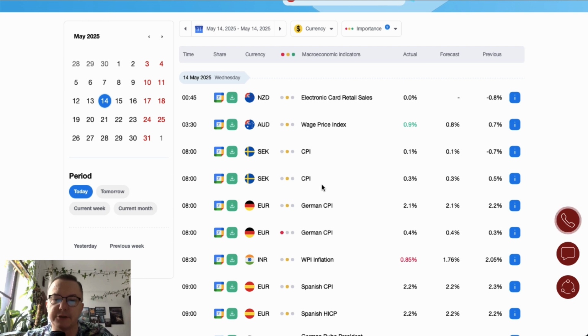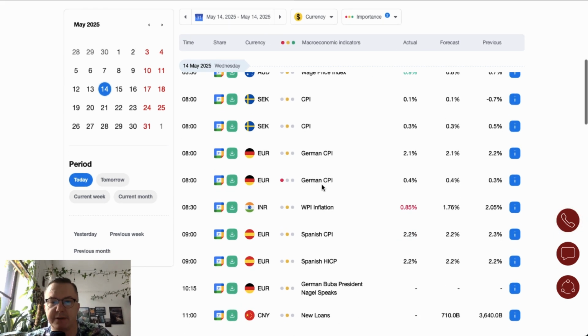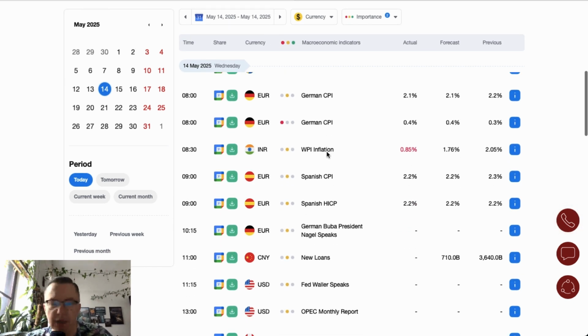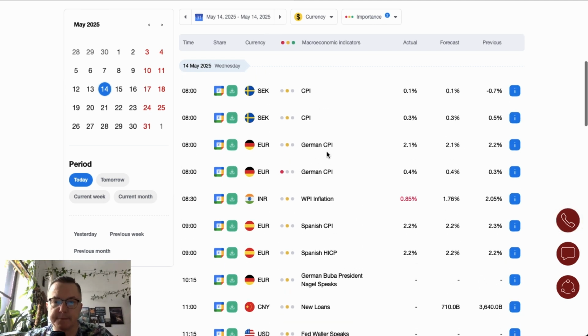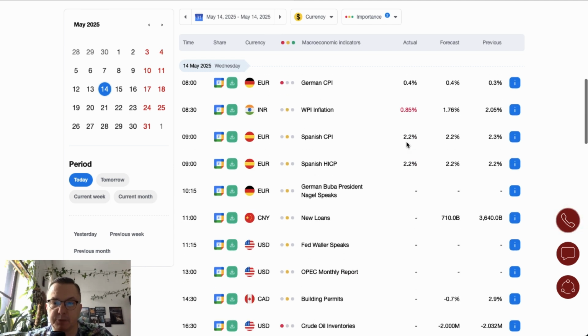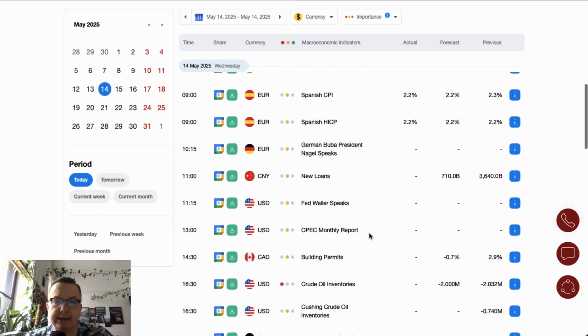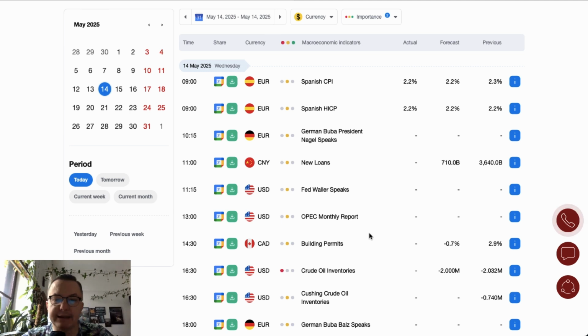The markets are getting ready to receive the CPI data from the Eurozone countries: Sweden, Germany, Eurozone, Spain, and so on. That's mostly during the early London session. For example, German CPI data are already published, 0.4%, just as expected. So we got a slight increase from 0.3 to 0.4%. That's kind of good for the euro dollar in the short term. Spanish CPI 2.2% in line with the expectations, a little bit down from 2.3%, and that's about the CPI data. Inflation,